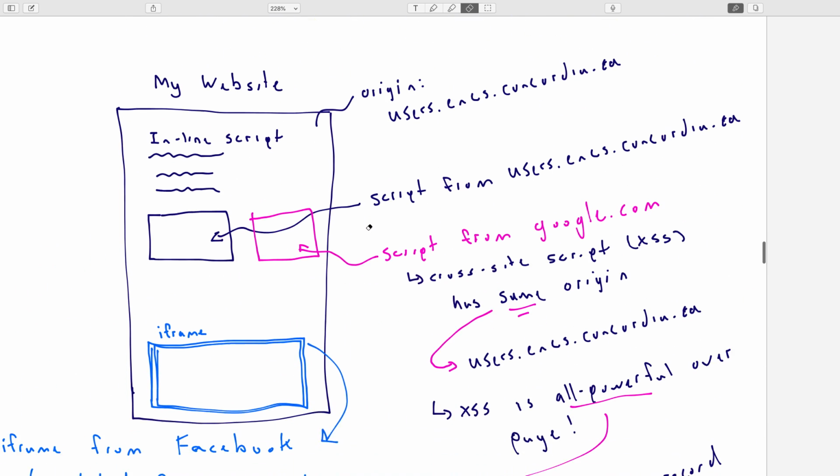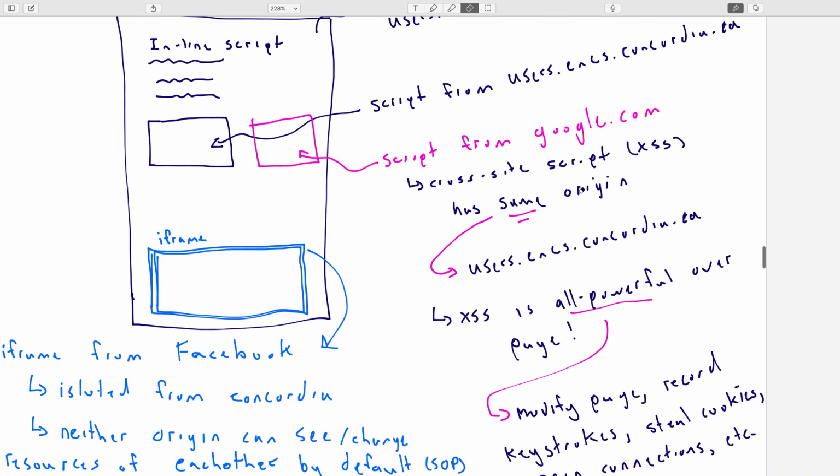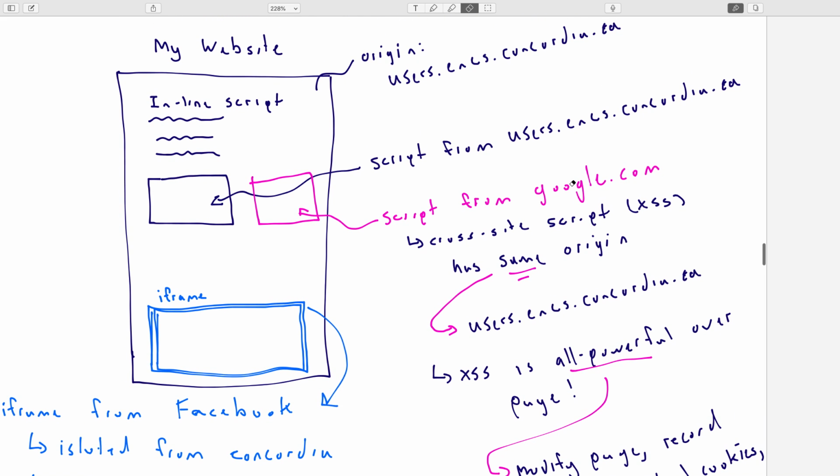Okay. Now, the other thing about JavaScript that we didn't explicitly say is JavaScript is very powerful. So if I have JavaScript, say, running in this pink box, say I load it from google.com and it starts running, it can mess around with this entire page. It could completely change the contents of the page. It could basically put whatever it wants there. It could start loading new resources and pulling new things into the website. If there was a password field, it could read out the characters as the person typed it into the text field. It could steal the cookie for